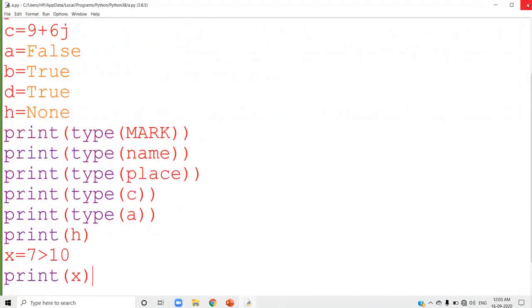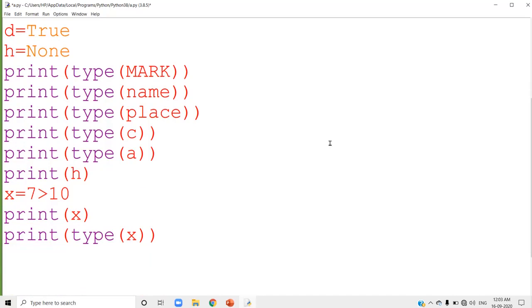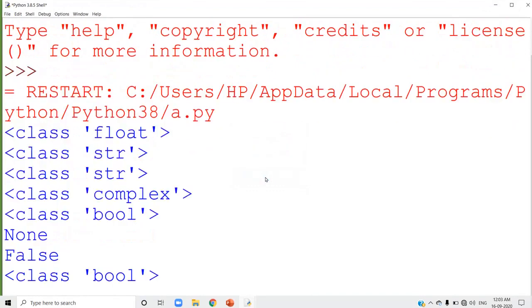Now I am going to use print type of x. x gives the value false, and for type of x we expect boolean. Check it. Yes, it is boolean, displayed there.